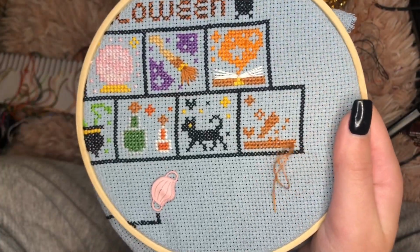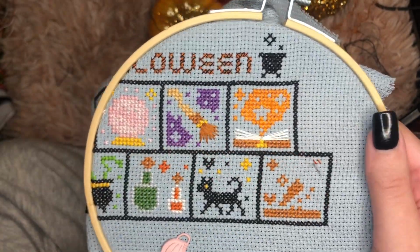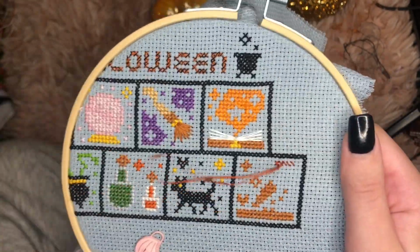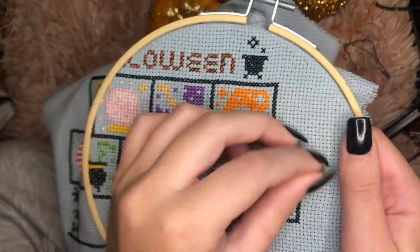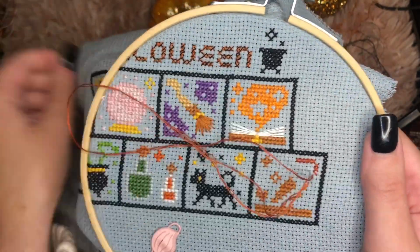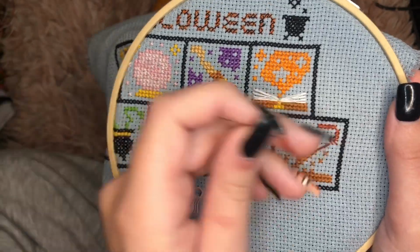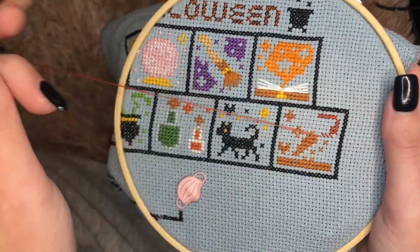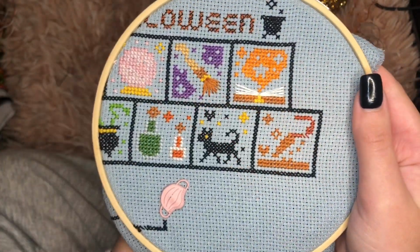But yeah, hopefully if I do come back next Saturday with the next 7 patterns, would that be 7? I don't know. Hopefully if I do come back and y'all want to see this video, I have more of the outside of the border done, because right now it's looking very bare. Right there where that black cauldron is, there's supposed to be stuff bubbling down the side all the way down past the little spell book. And there's stuff all down the side of the border. And on top of Halloween, it says 2020 with a skull and all this stuff. So I really need to work on the border, but I really need to find the time to work on it and also work on other things. So it's a balance, you know,